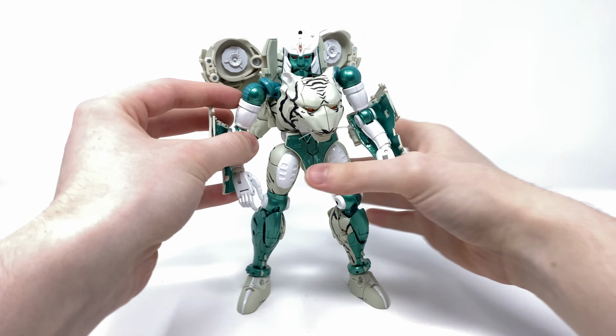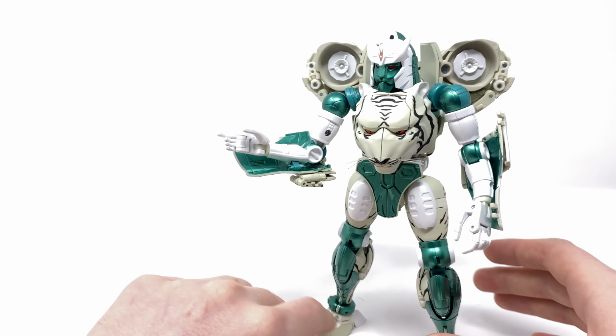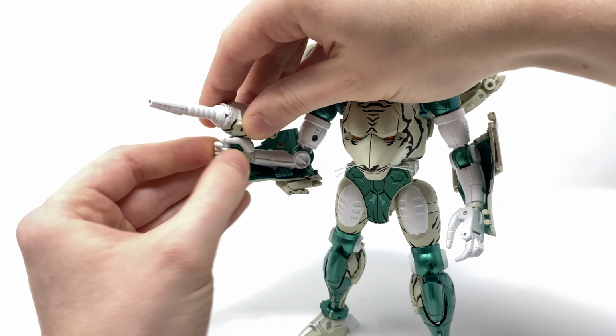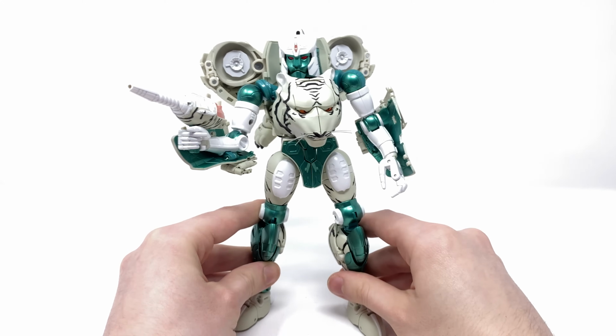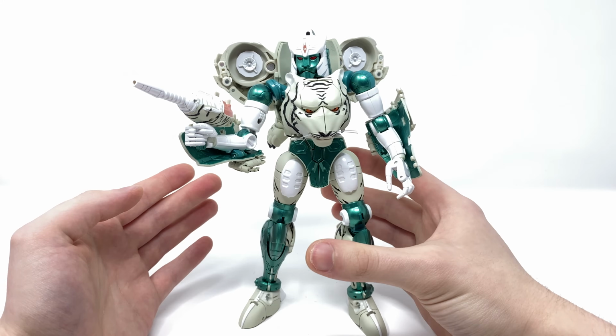In order to integrate it into Tigertron's hand, very similarly to some of the other MPs, we do have a slot there as well as a tab actually on the handle, so you're of course just going to want to align that up and snap that into place. And there we have Tigertron with what is dubbed as his Tiger Shot looking blaster. In my opinion, looking splendid and really as if he has just jumped straight from the Beast Wars animation